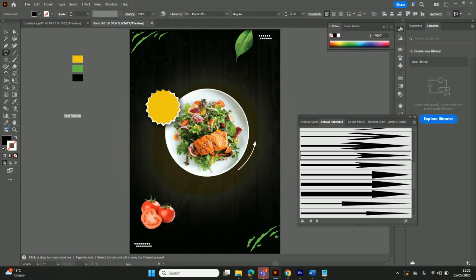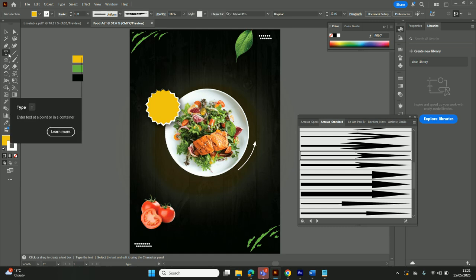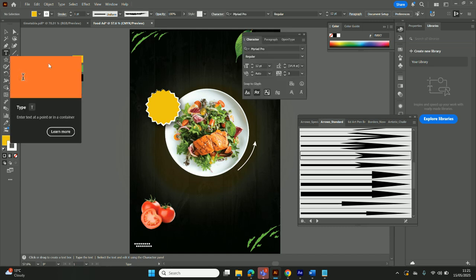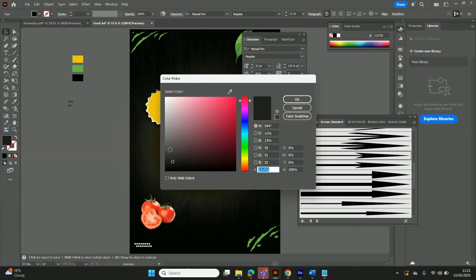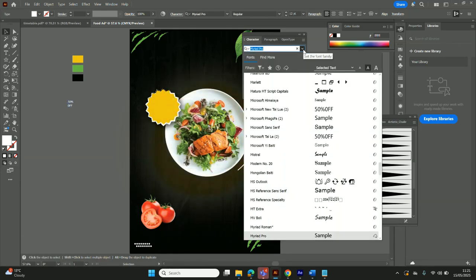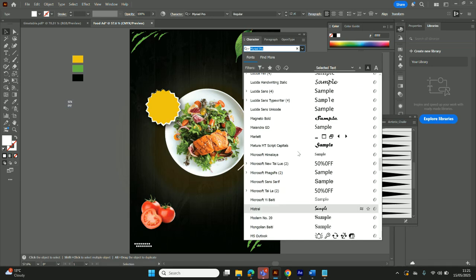And now I'm going to write. If you need to write anything, you simply need to click on this T one, and there's one option, Control T. Okay, just press T and 50% off. Okay, and now I need to increase the size and change the color of my design. I'm going to select this color, give it a white color,